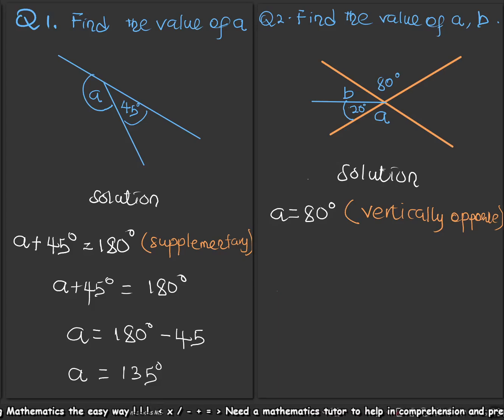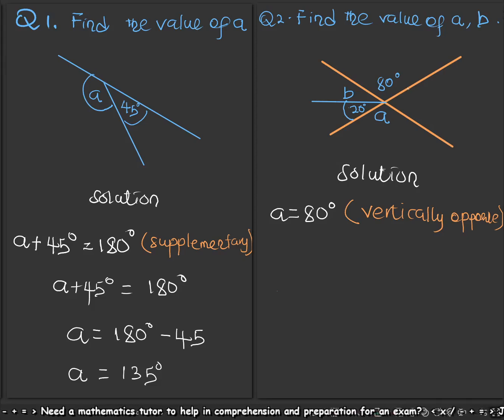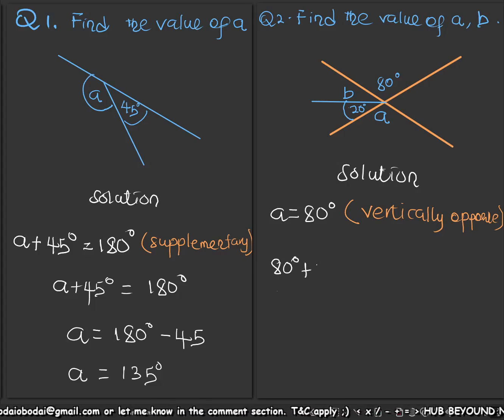So you don't go and measure expecting you get the angle, but then you apply the properties. So how do we get our B? Initially, I said that there are two pairs of vertically opposite angles. That is all of this here and then all of this over here as well, right? But in addition to that, if you take only this line here, it's a straight line, you see. And we said sum of angles on a straight line gives us what? 180. So that simply implies that if we were to add the 80 degrees to B and then towards 20,